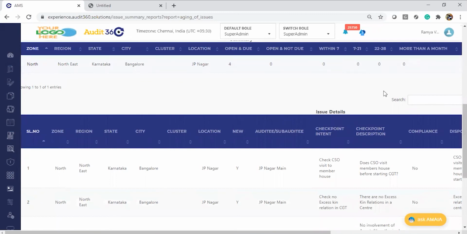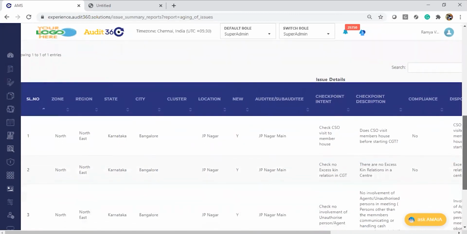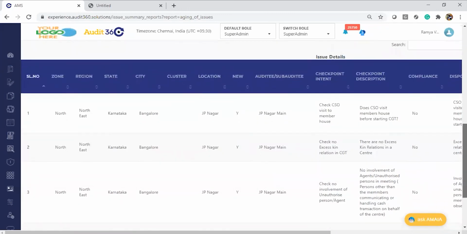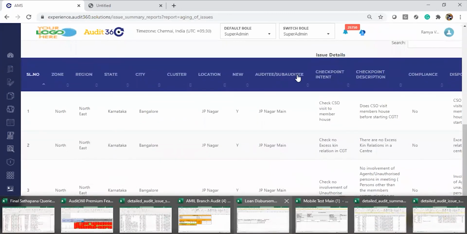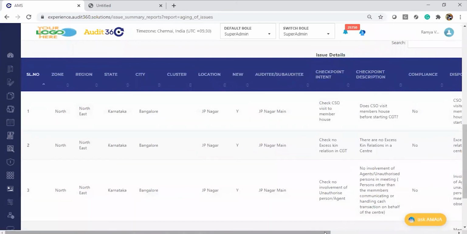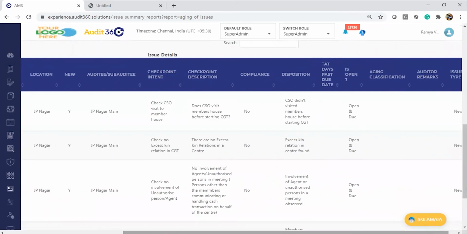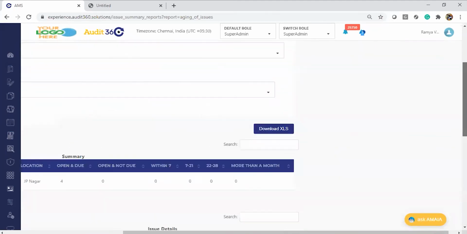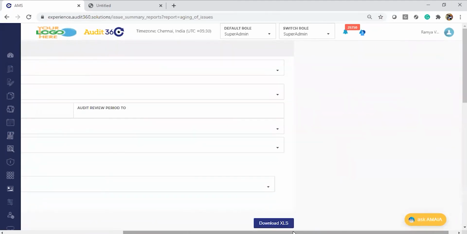So which has within 7 to 21, then 22 to 28, and then more than that. You can even have details at the issue detail level, which would have information like checkpoint, intent, description, compliance, and all those. This also has a tagging of whether the issue is due or not. So these are the information available in this report.